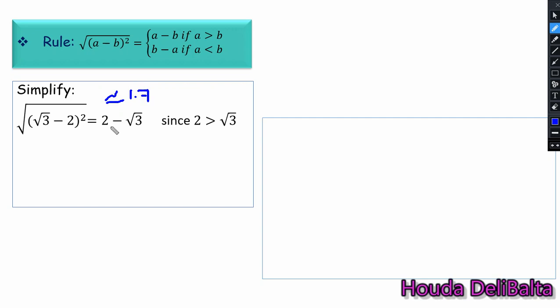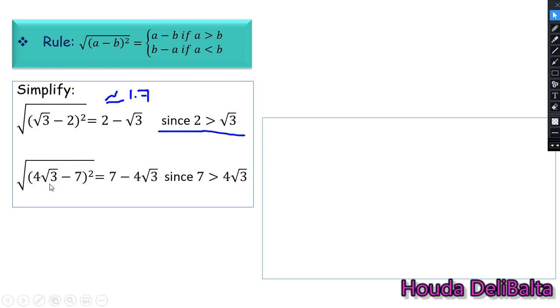Because 1.7 is less than 2, then I have to put 2 first, and the answer is 2 minus radical 3, since 2 is greater than radical 3. Also, if I have 4 radical 3 minus 7, it is 7 minus 4 radical 3, since also 7 is